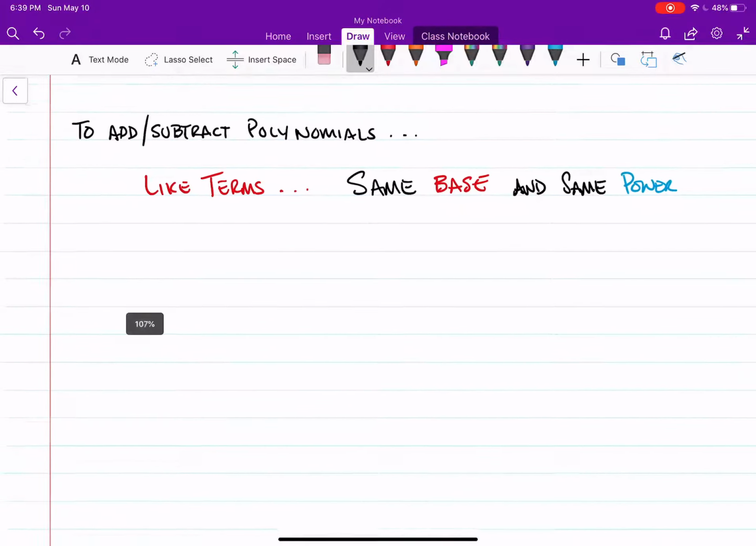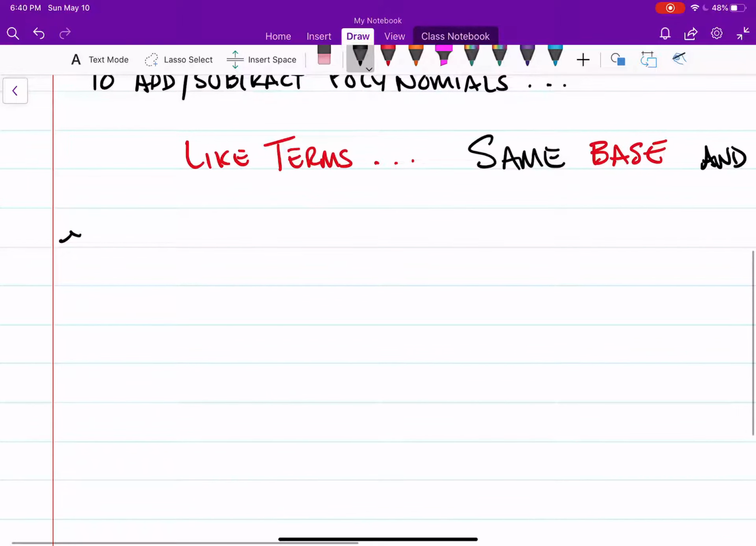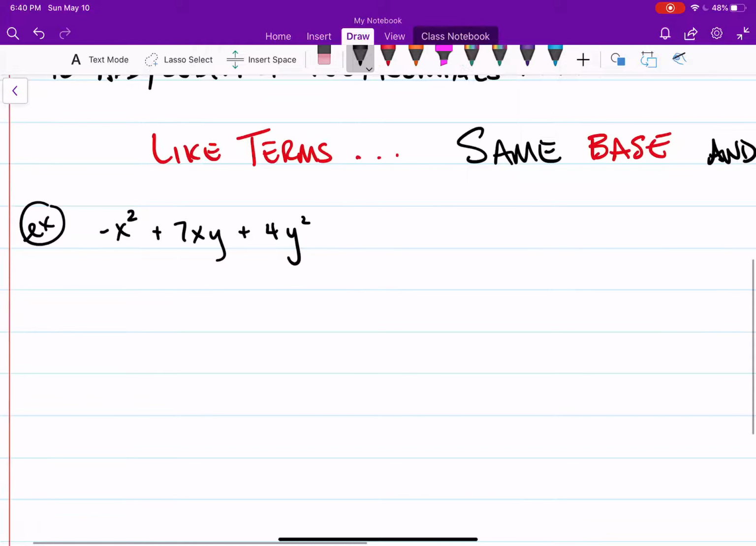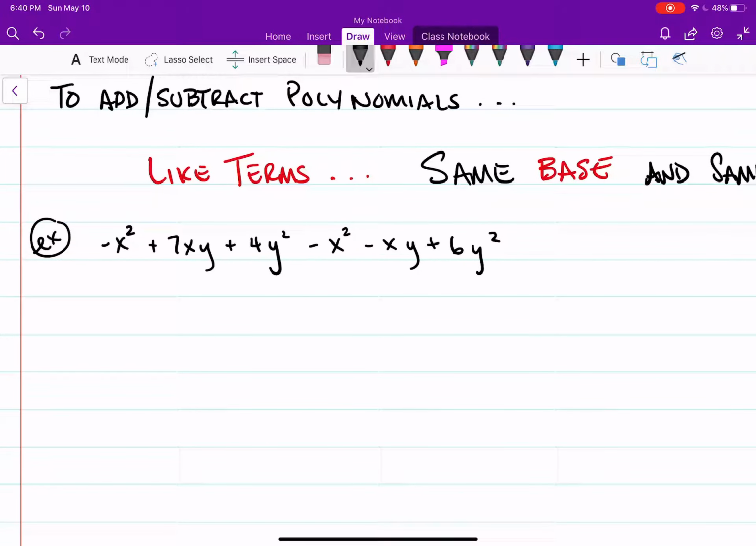All right, so let's look at a problem here. So example E. All right, so let's do this one right here. It says negative x squared plus 7xy plus 4y squared minus x squared minus xy and then plus 6y squared. So what you want to do is make sure that you are seeing the same base and same power. That's number 1. Number 2, always take the symbol in front of that coefficient or variable as the value of